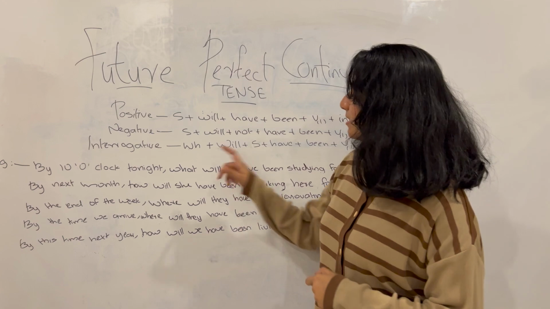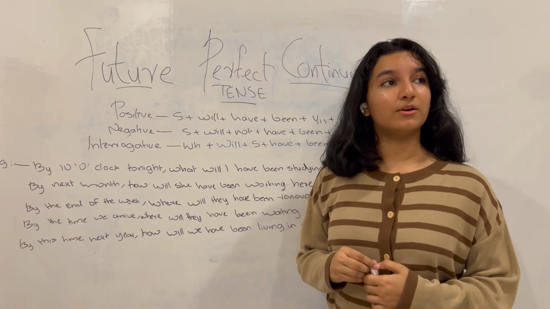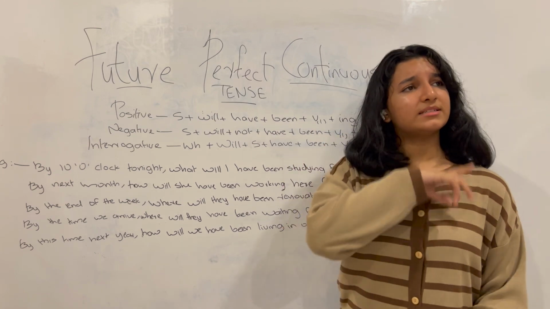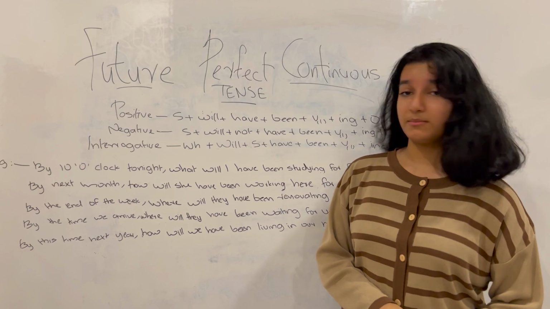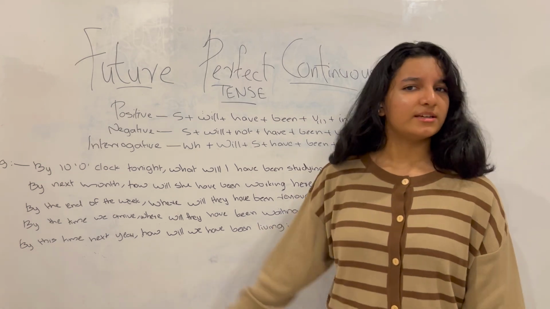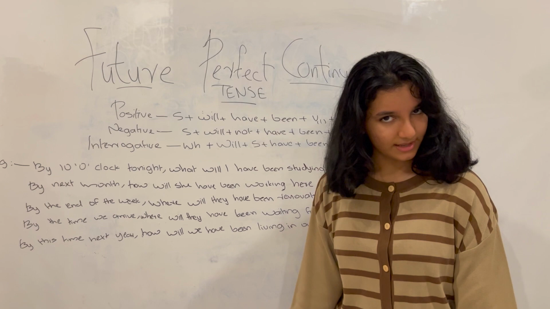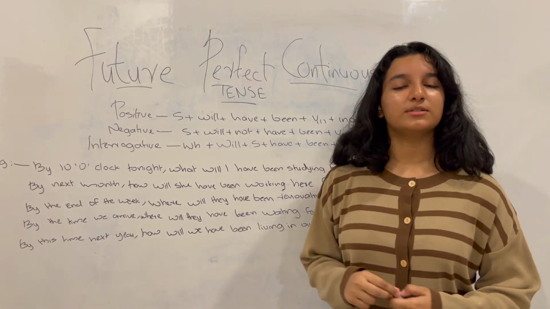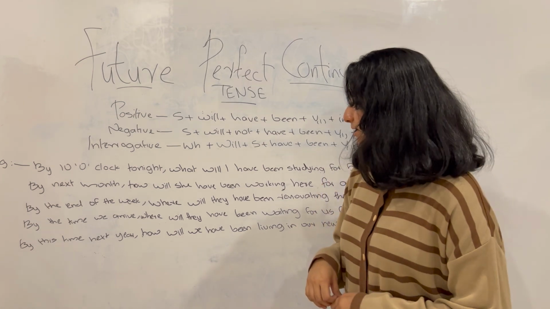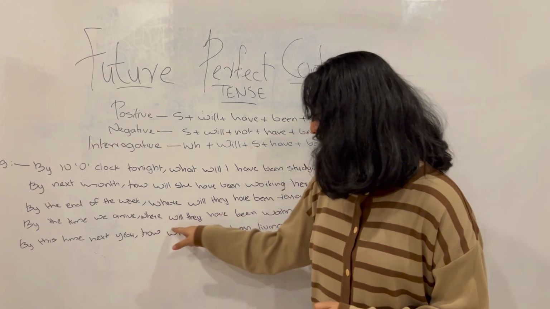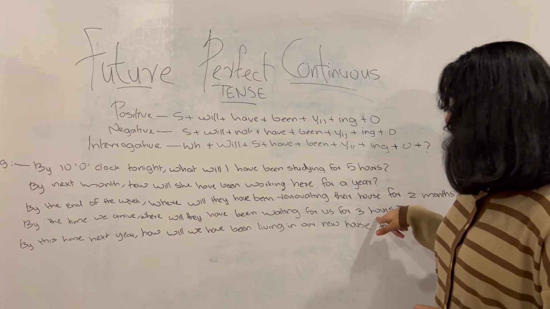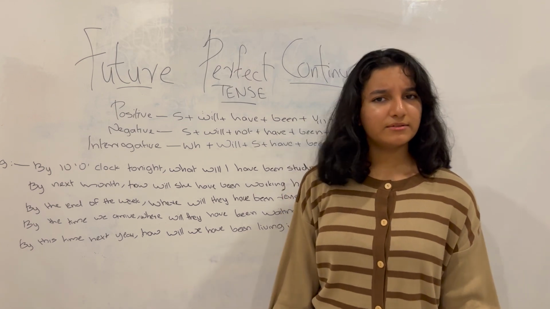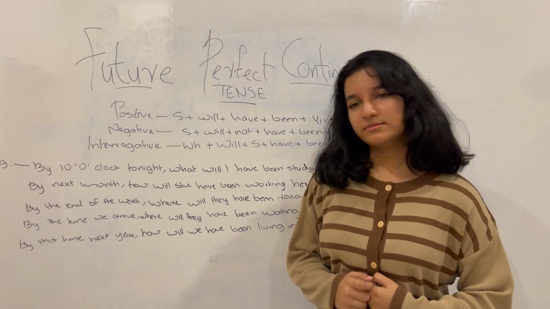But it is useful if you are trying to expand your English a little bit more and you're trying to ask more specific questions and you're trying to be more specific with what you are saying. So just keep that in mind the next time you use WH questions and how. So next one, you can see, by the time we arrive, where will they have been waiting for us for 3 hours? So by the time we arrive, where will they have been waiting for us?